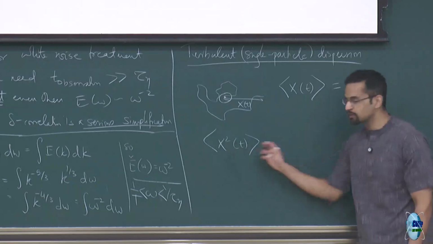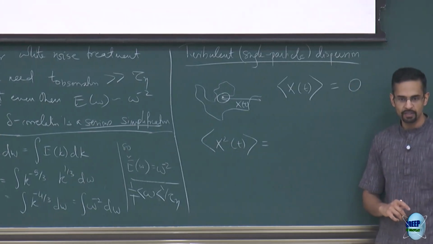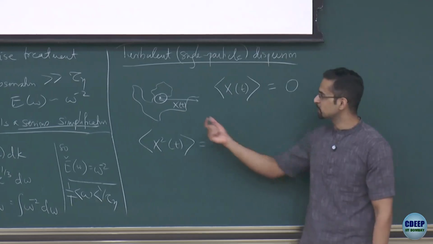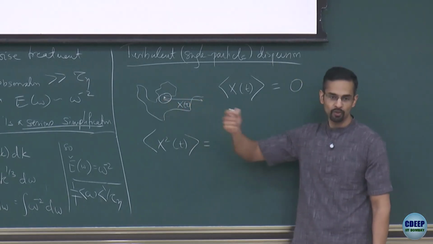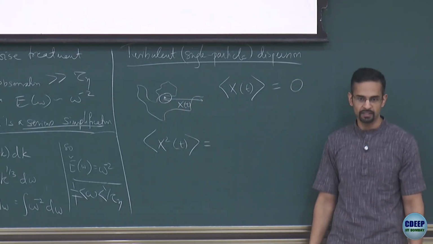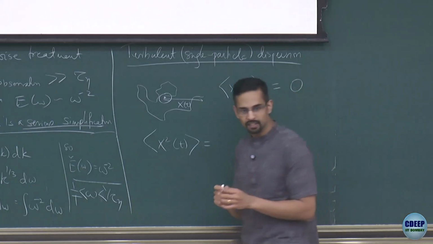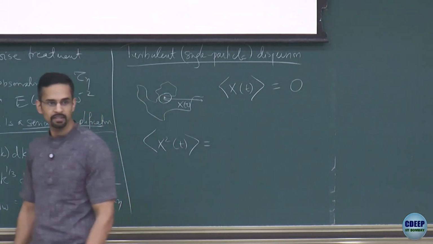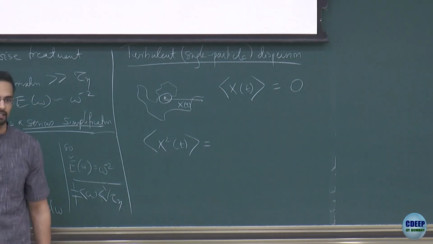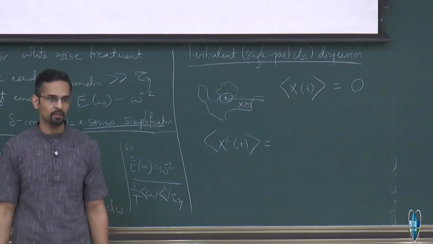But the question is, how will this grow in time? The answer certainly depends on what we know about the flow. The flow has a whole range of scales. If I am looking at very small times, I will be sitting inside one eddy, and the flow will look laminar to me.